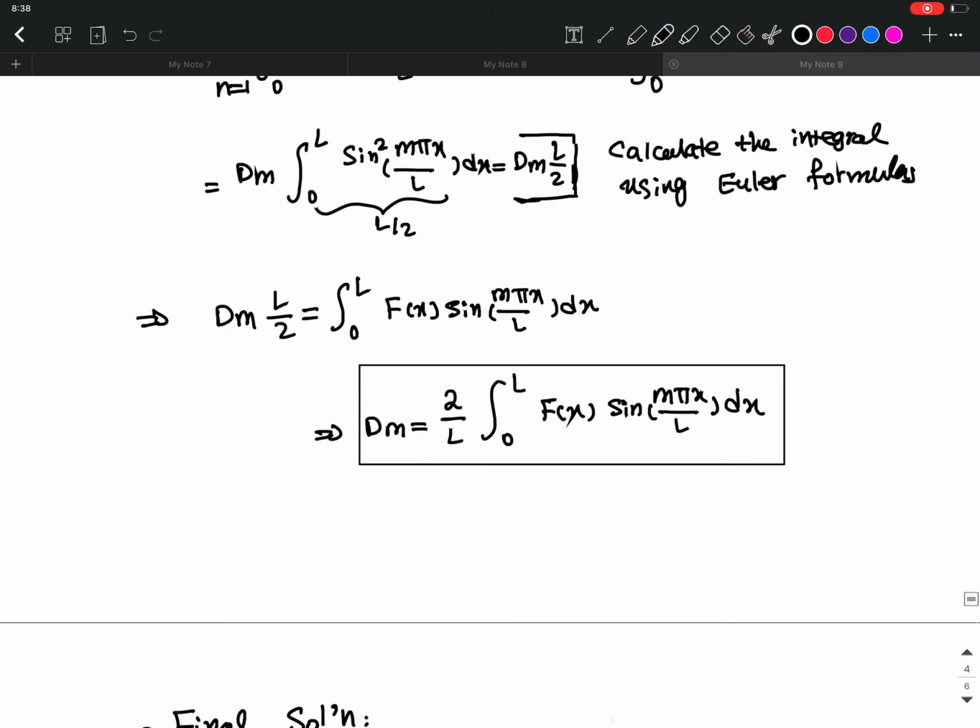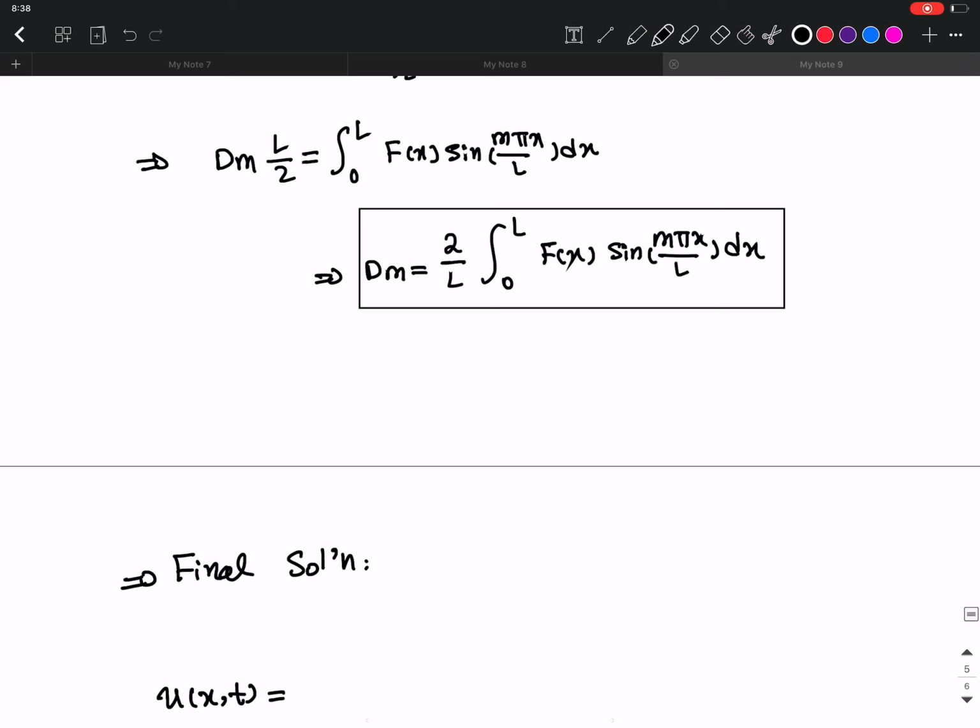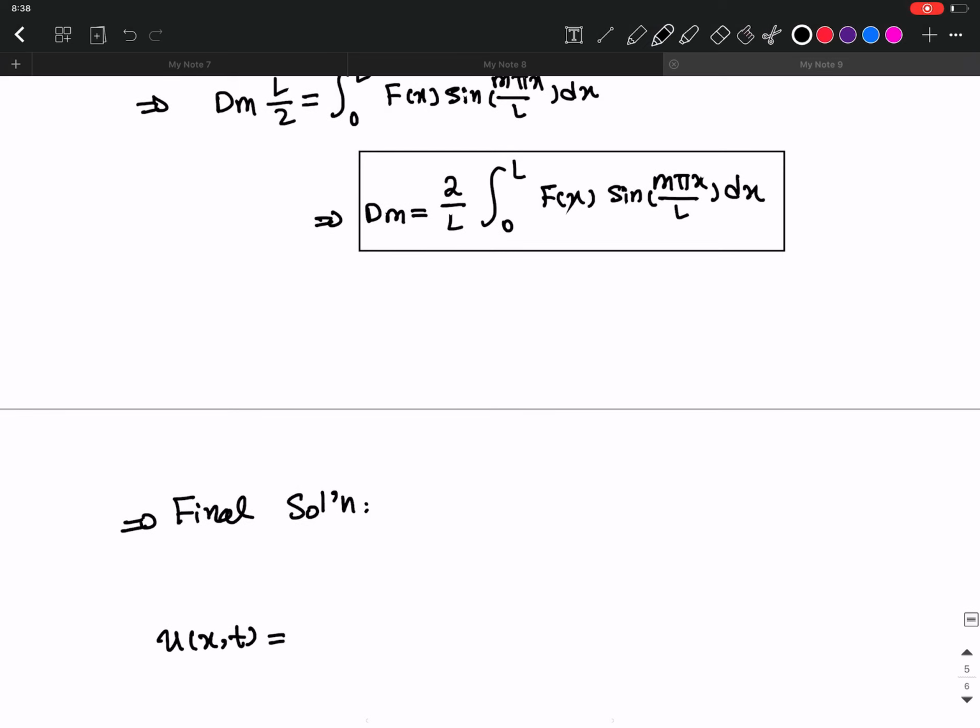So just change the name of m and n, and I'm going to get the relation that I want. So here I have the sum over n from 1 to infinity of 2 over L, so this is d_m, the integral from 0 to L of f(x) sine, instead of m now I have to write n because this is going to be the n in the equation, n pi x over L dx